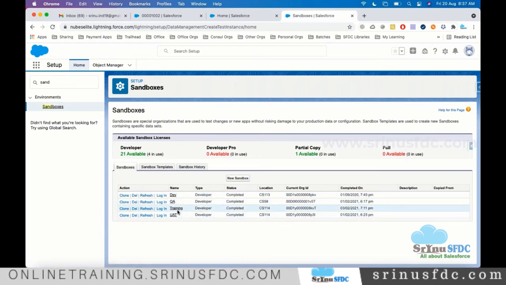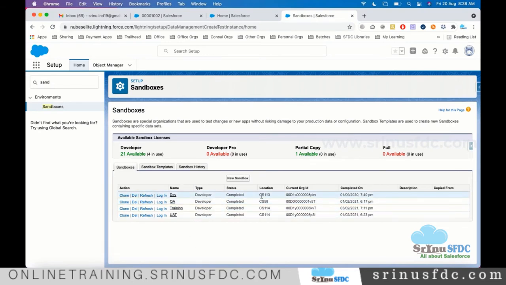You see, you can even create many, maybe for user training purposes. One of the new features is being developed. The employees of the Dell company should know how to use that. So maybe for that purpose, one sandbox for training will be created and they train the employees of the Dell company on how they can use the new feature so that in production they can use that. So for different purposes, we create different sandboxes.